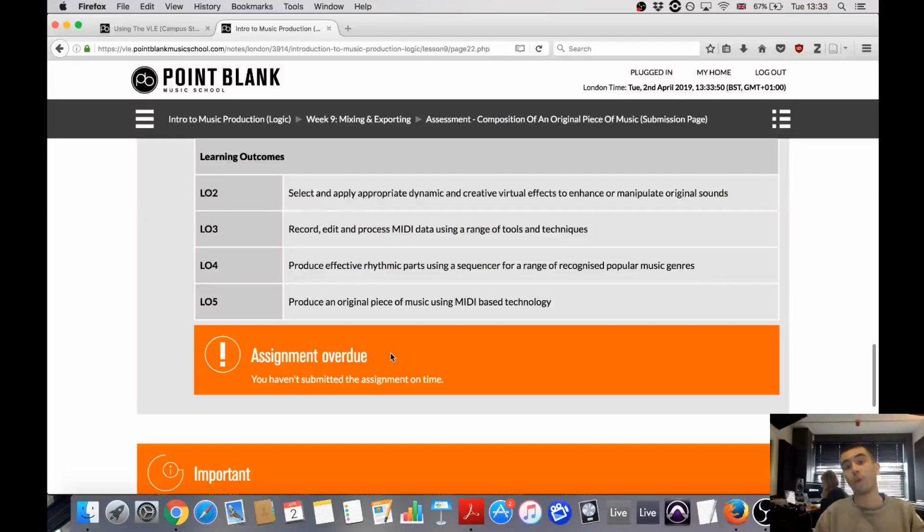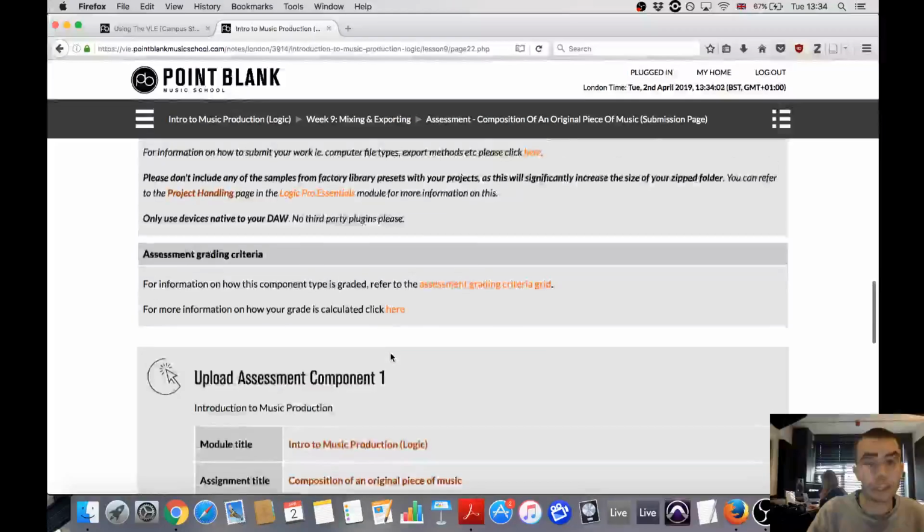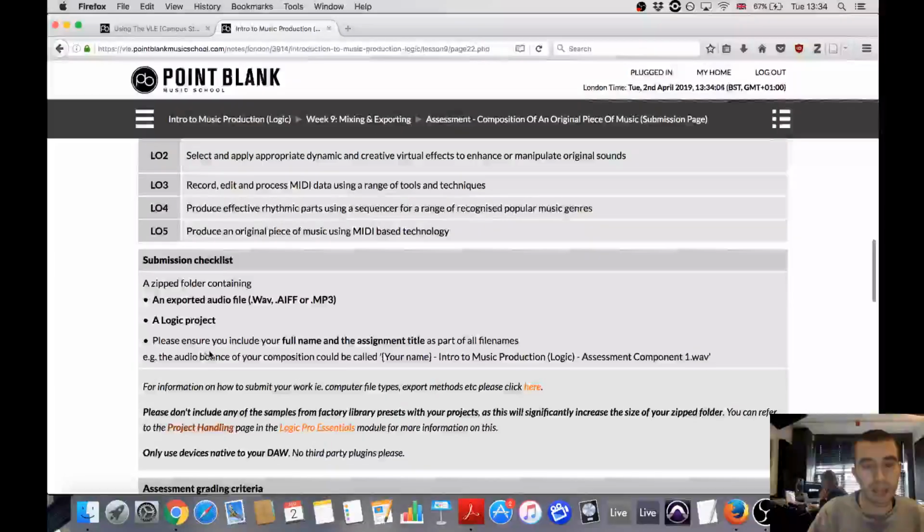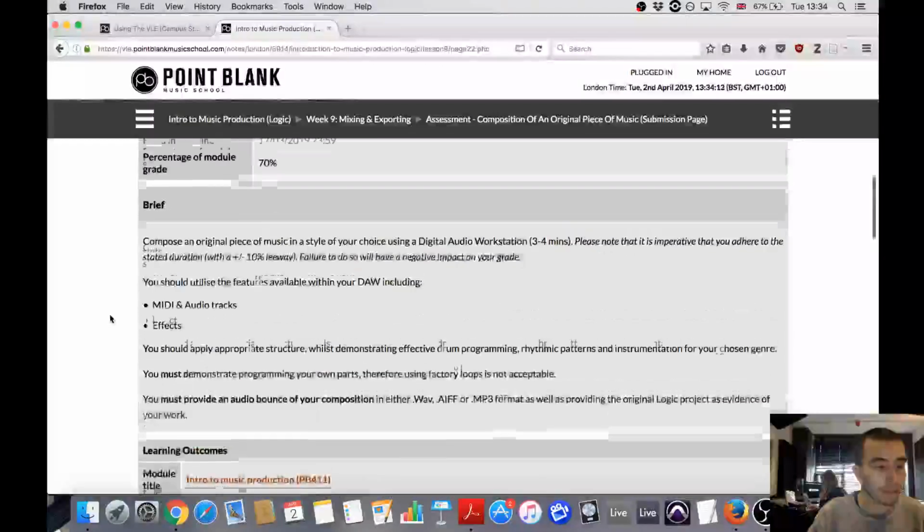It's really important because it could catch you out if you forget that. So it's definitely worth making a note of that. We don't want anyone losing marks for anything like that. It's kind of silly marks to lose. So, like I say, really check the submission checklist up here. This, for example, is actually a project and an audio file. So yeah, I can't stress how important that is really.